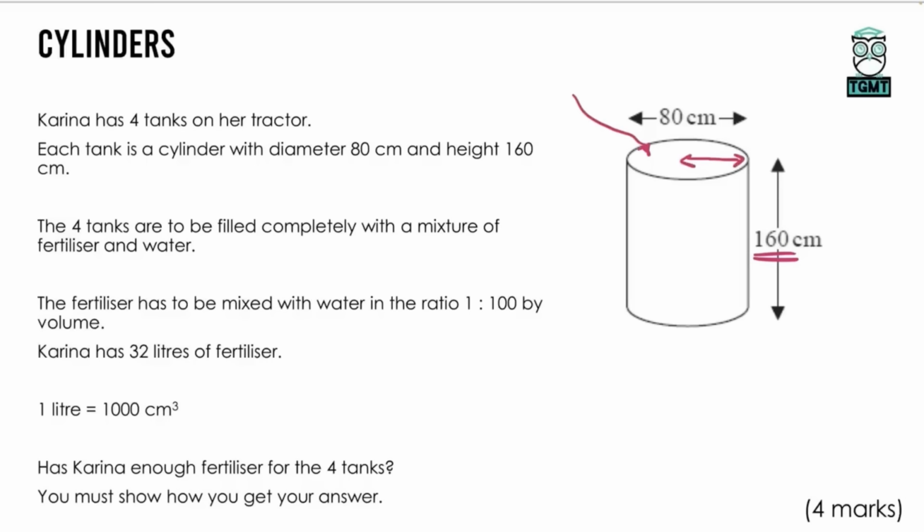The radius is half of the diameter, so that's going to be 40 centimetres. And then we're going to use our formula, pi r squared. Once we've done that, we'll times it by the height, and that's the volume of the cylinder. So that's going to be pi times 40 squared, and we can either type that in and then times by 160, or we can just times by 160 straight away. And let's just write that down then. So pi times 40 squared times 160, and that gives us a very large volume here, but we get